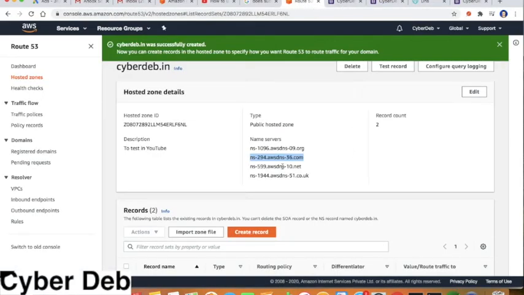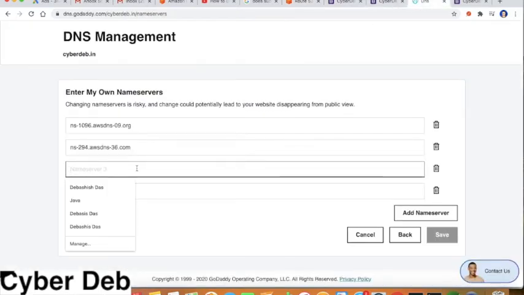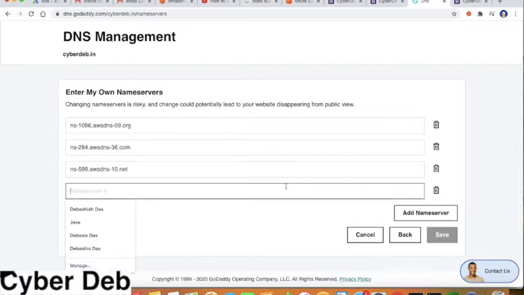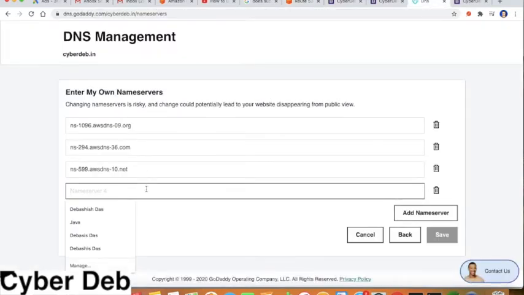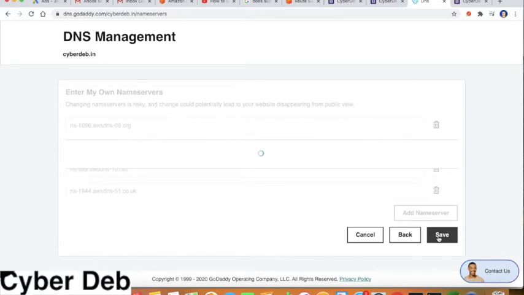Then the third one, then the fourth one. So here all are ready. So click on save. Make sure that you are putting the proper name servers by copy and paste.